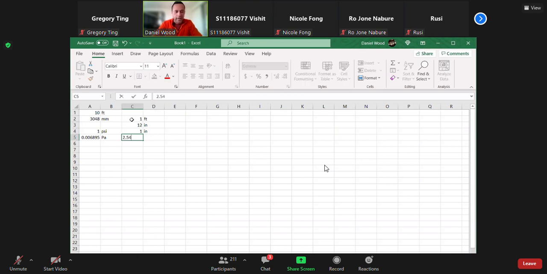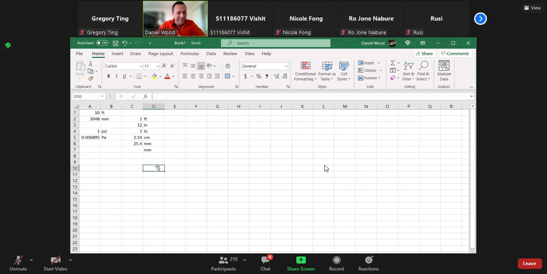Yep, 2.54. But I don't like working in centimeters. I like working in millimeters. So it's 25.4 millimeters. So technically, if we wanted to, we could jump from 1 foot into millimeters using these conversions, because we know 1 inch is 25.4 millimeters and there's 12 inches in a foot. So we can enter in whatever feet we have, multiply that by 12, multiply that by